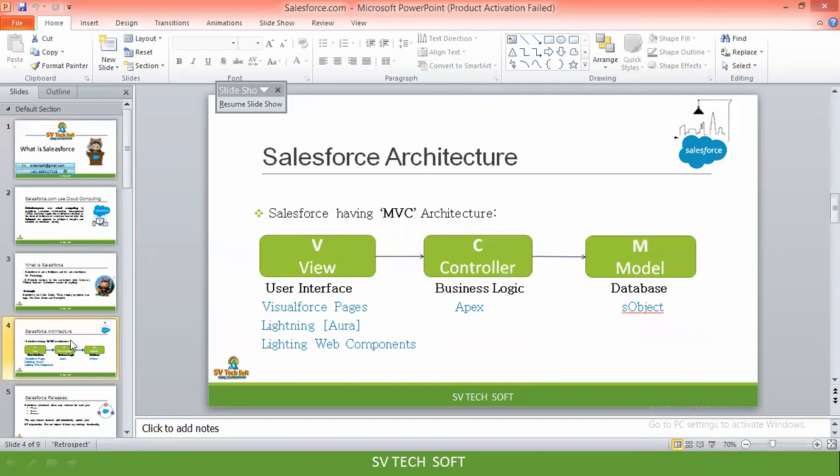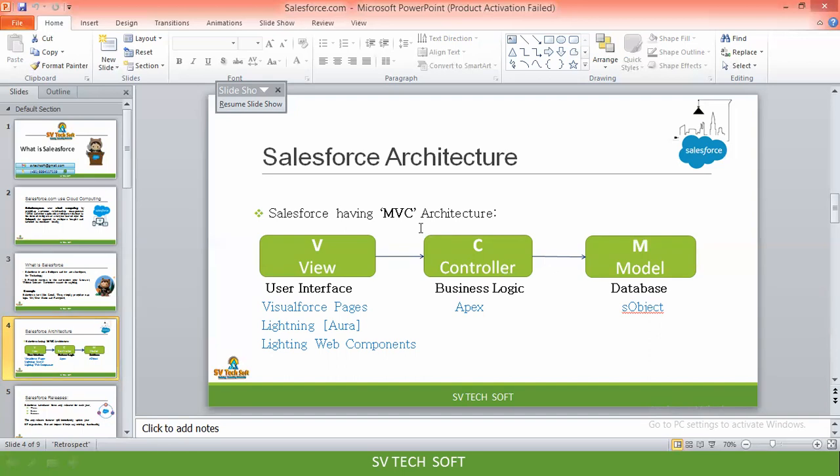Everything you can achieve through point and click, but some requirements you may not achieve through point and click. Coming to database, the database you can achieve completely through point and click only. No need to write even a single query. If you want to create any table within the data model, go to the UI, click the new table button, enter the details, that's it. Everything is point and click. As I'm telling you, 80% of any project we can do through point and click only, but some of the client requirements we may not achieve through point and click. That time only you have to go with coding.